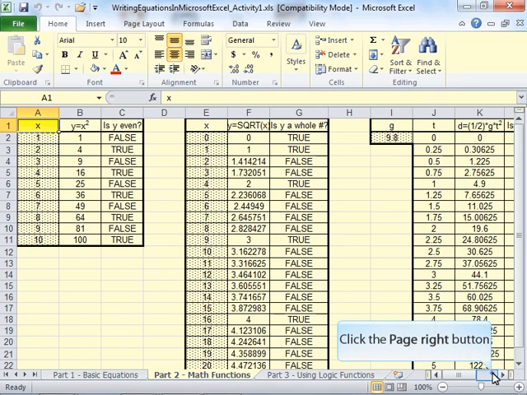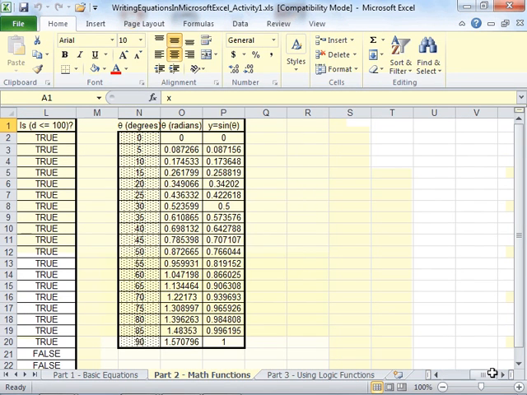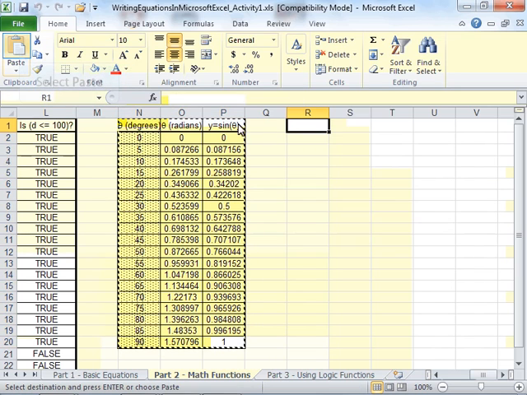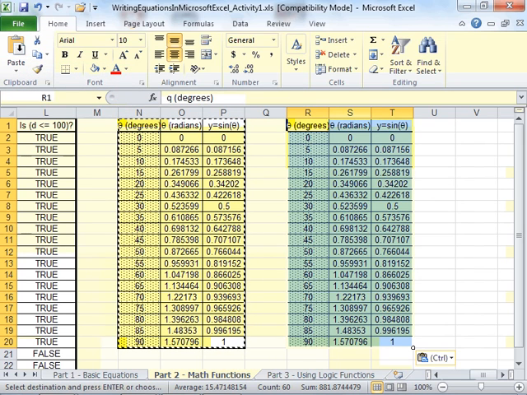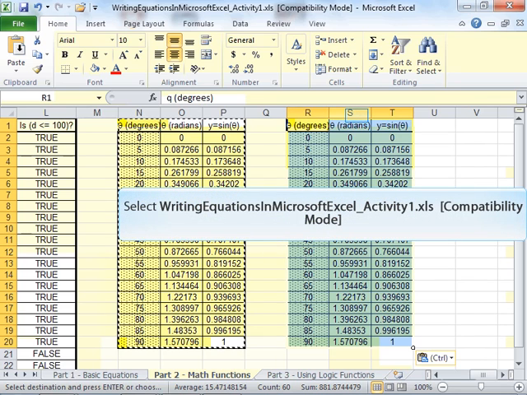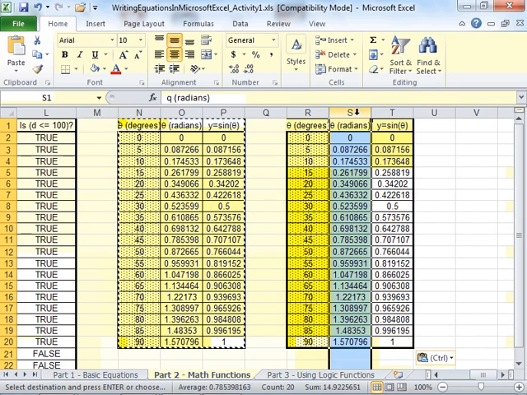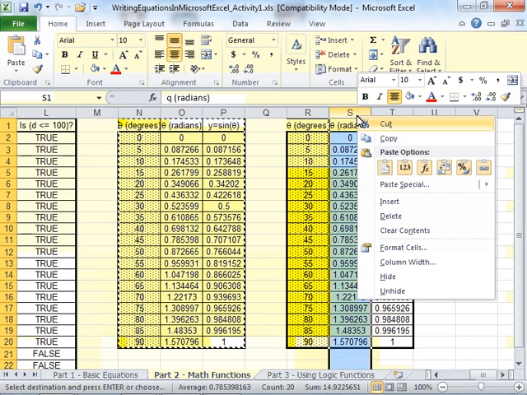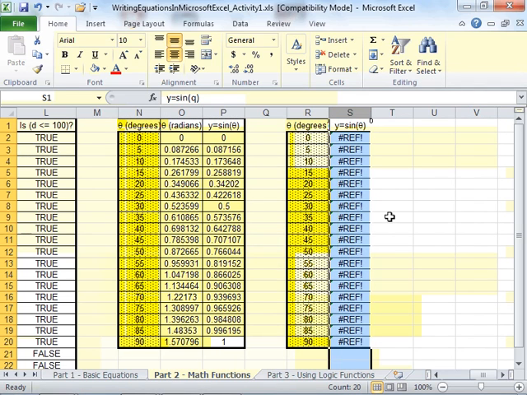Let me go back over to our 2D example, and I am going to copy all of that to my next set of columns. And what I'm going to do is eliminate this S column by highlighting it, right-clicking on it, and choosing delete. And you'll notice I'm getting an error for my Y column because I've deleted what